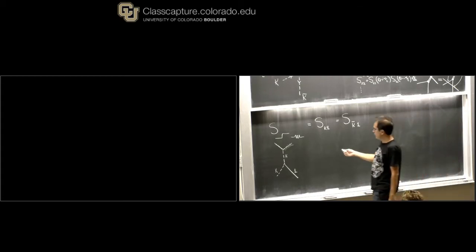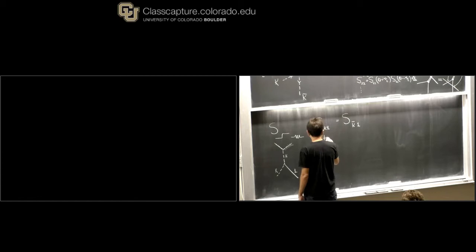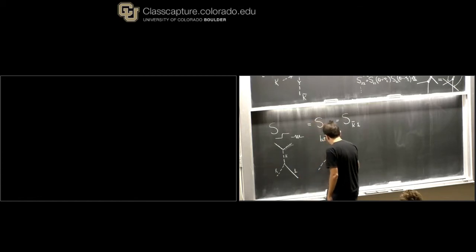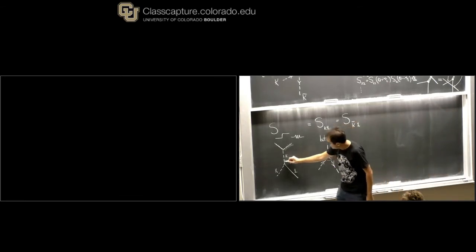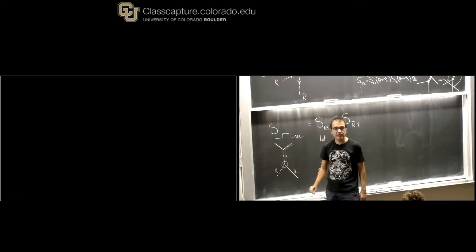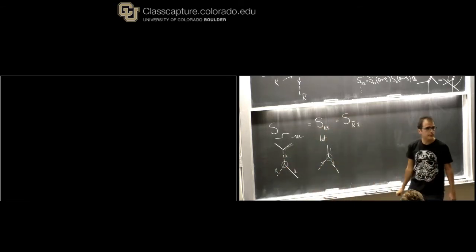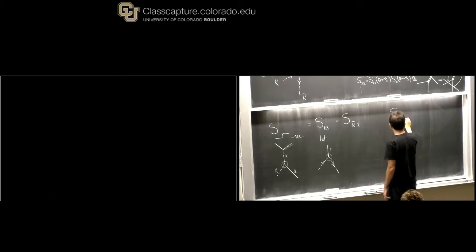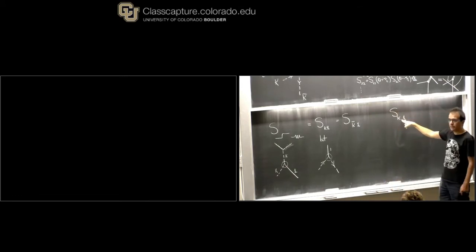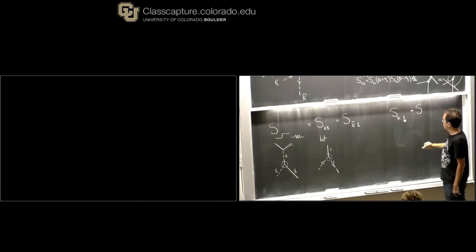But now we have 2 interesting things. You see that by charge, if I have a kink and a kink bar, let's put some arrows to distinguish, I can form a 1. Right? And here, so that's one type of interaction, and here is another one where a kink and a breather can form a kink. Right? And this tells me that I can form the 1 from a kink and a kink, but that means that my S matrix of kink and 1, if I think of this 1 as being a bound state, I can write an equation of the form, this should be, if I scatter this 1,